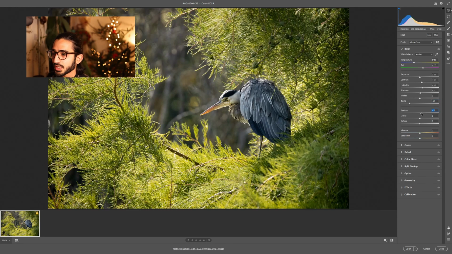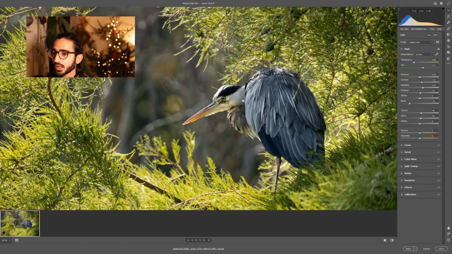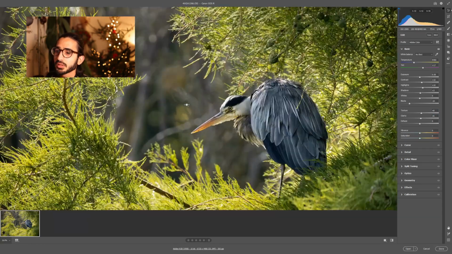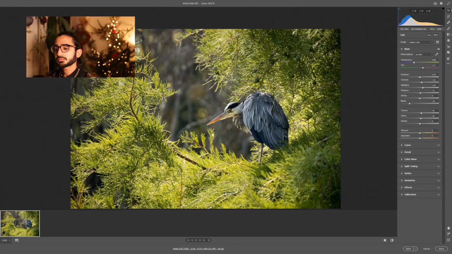I'm going to increase the texture a tiny bit and the clarity a touch, and just check it's all sharp. Yeah, it looks good. The white balance looks pretty good to me. I'm just going to open that up in Photoshop so I can show you how I would edit an image